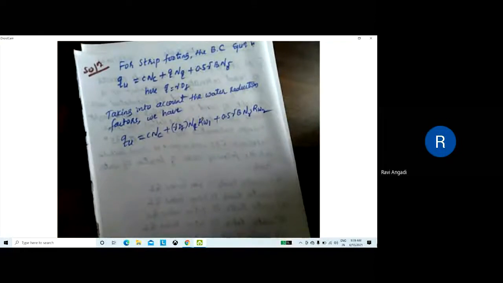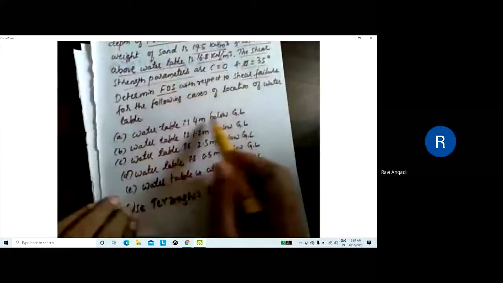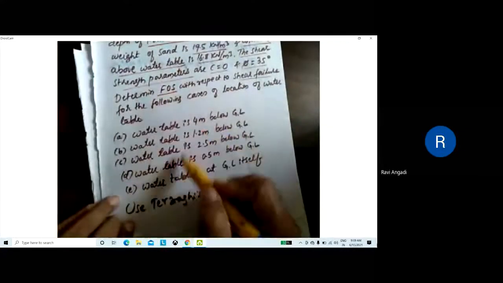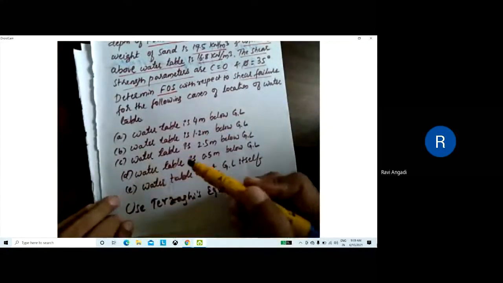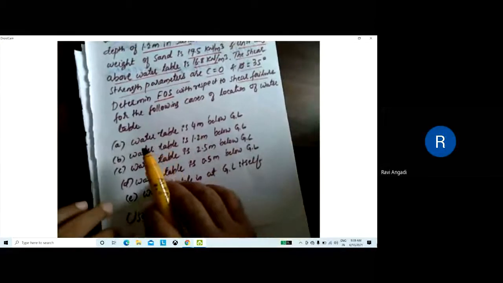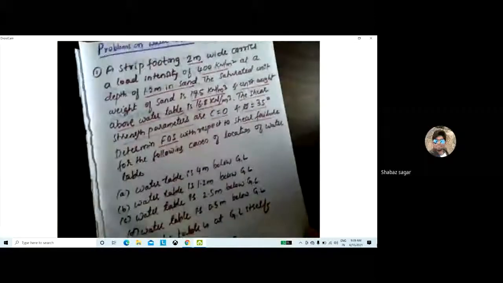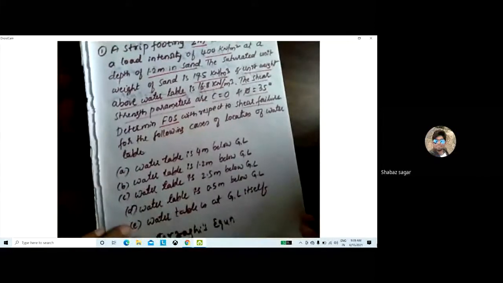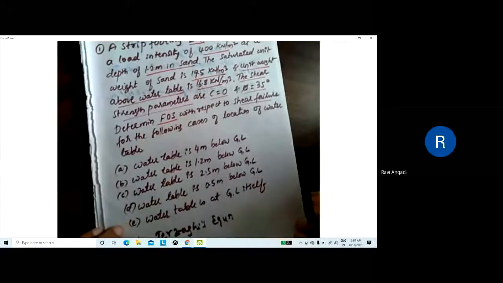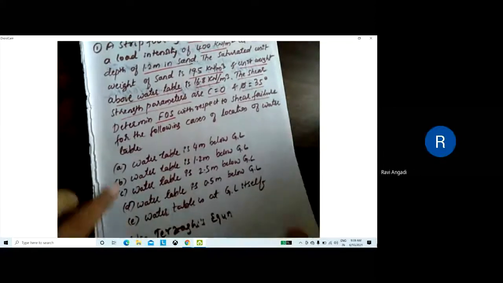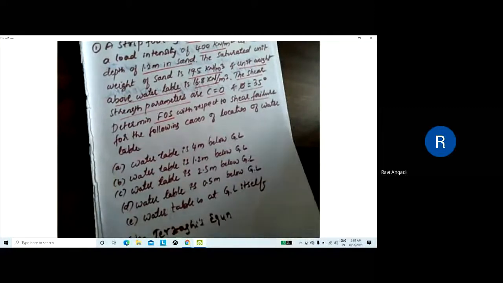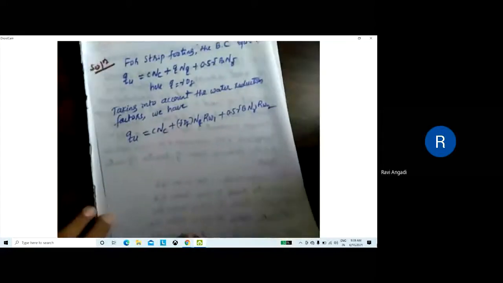Then we have to calculate Rw1 and Rw2 for various levels. Understood? Because various levels are given here, with respect to these conditions we have to calculate Rw1 and Rw2. Very simple. Understood, all of you? Any doubt here? All of you understood the problem? Okay. With respect to these levels, now we need to calculate Rw1 and Rw2.